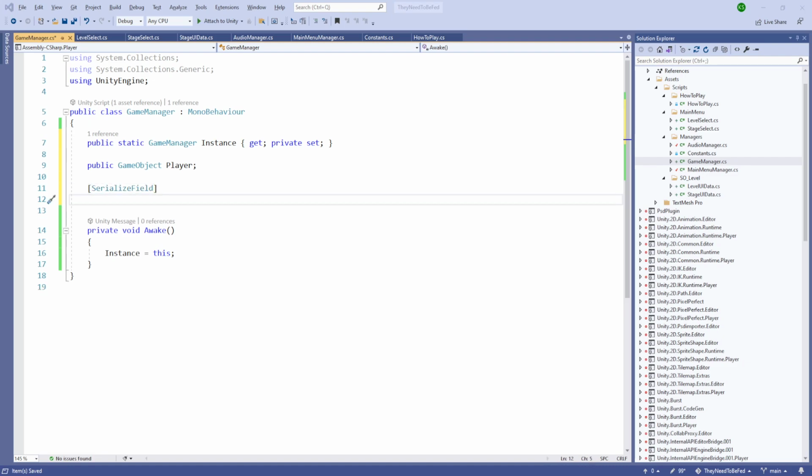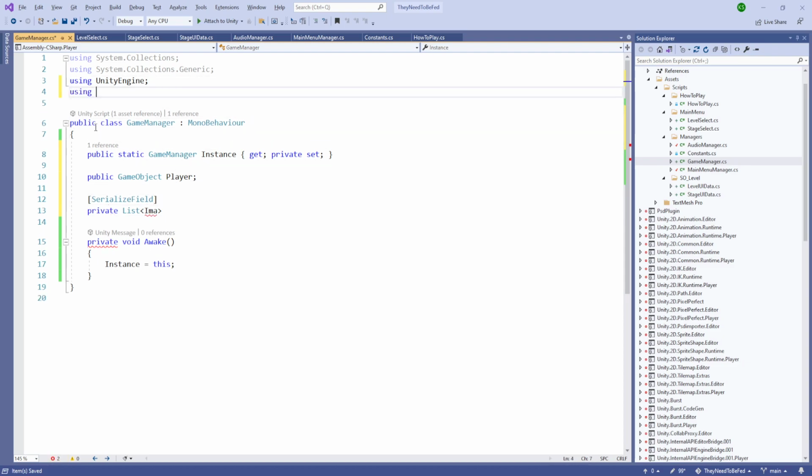A serialized field, this is going to be a private list of image, using UnityEngine.UI. The first one is going to be our diamonds, and the final one is going to be our